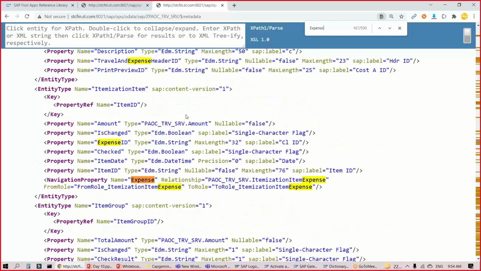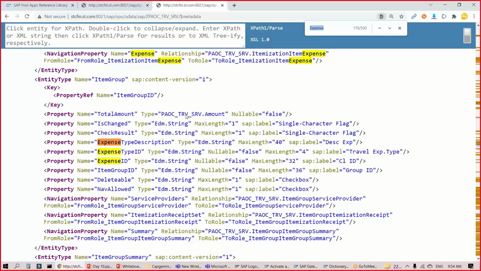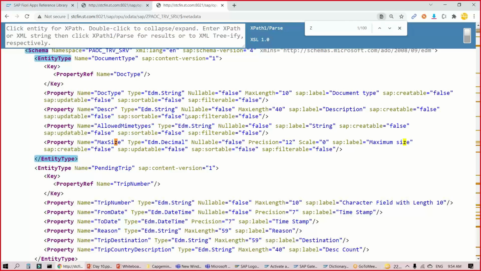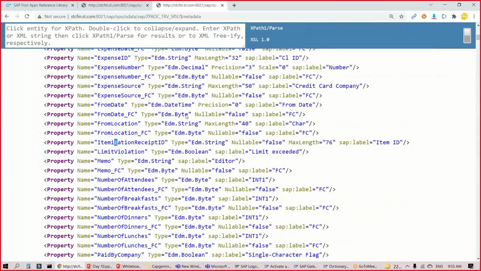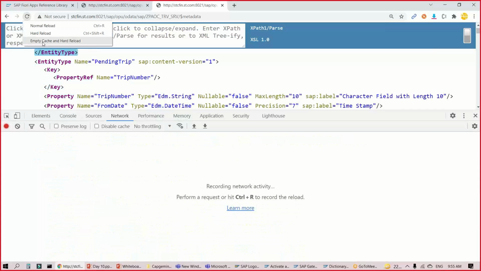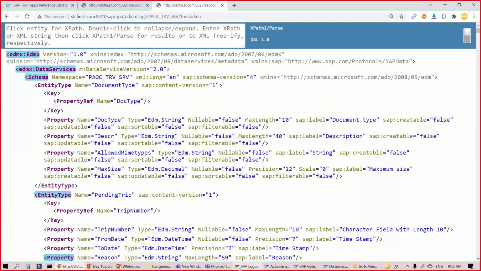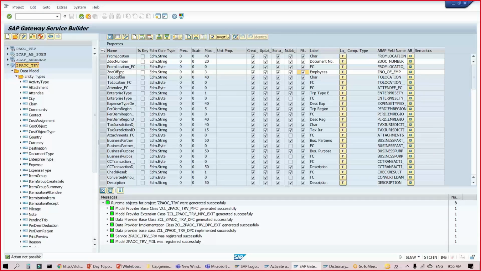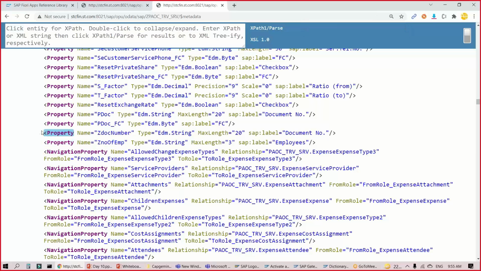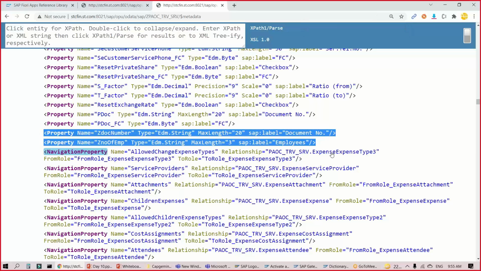So now we are searching for the expense entity type. And why am I searching expense? I can directly search Z employee number or my Z field. So it should have my Z field now in the expense entity. Yes, we can also refresh the cache. So our newly added field was ZNOEMP. And there you go, voila. I've got my custom fields added to the OData service now.